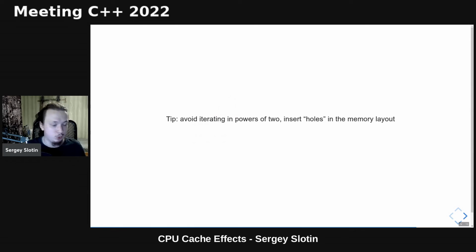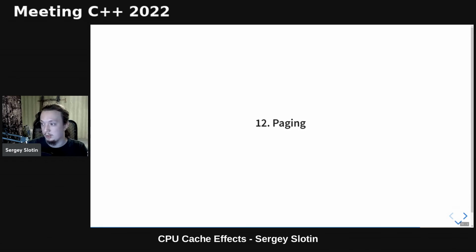Luckily, such issues are more of an anomaly rather than a serious problem, and the solution is usually simple. Avoid iterating in powers of 2, make the last dimensions of multi-dimensional arrays slightly different size, or use any other method of inserting holes in the memory layout. Or better yet, make it so that you don't have jumps in the first place, because when you are doing jumps, you are probably doing something wrong anyway. For example, the optimal algorithms for matrix multiplication and binary search both permute the input elements so that the reads are as sequential as possible during the algorithm execution.